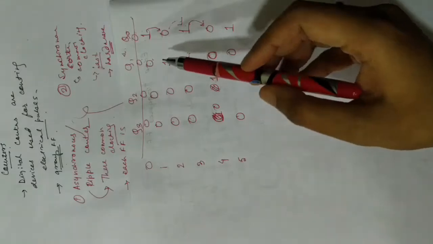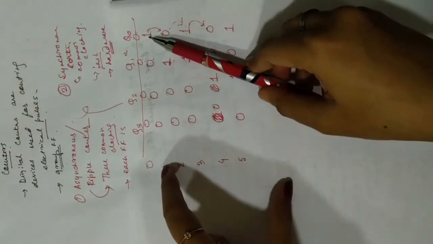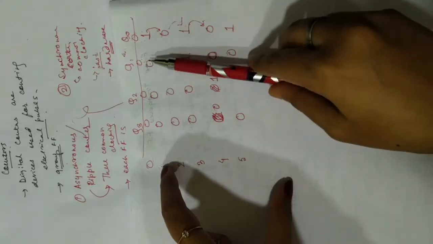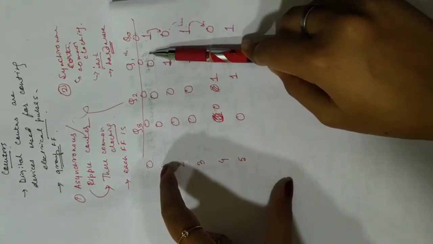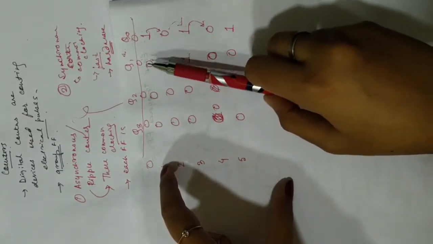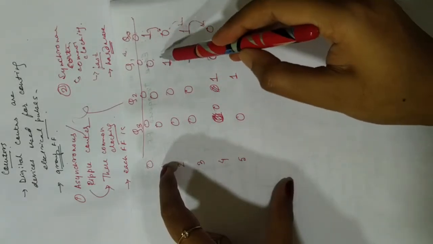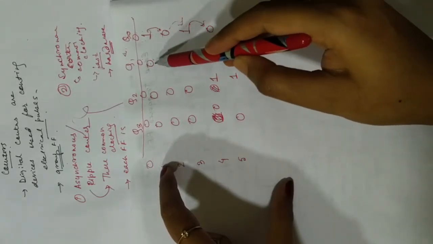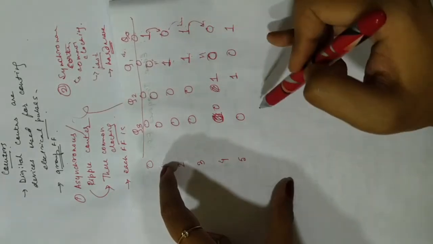That means what we want to focus on, or what we are trying to get from this, is that Q0 changes with each clock pulse. If you want to draw a connection between Q0 and Q1, you have to understand Q1 changes value only when Q0 changes from 1 to 0. It changed from 1 to 0, so its value gets changed. It changed from 1 to 0, so again its value gets changed, right?